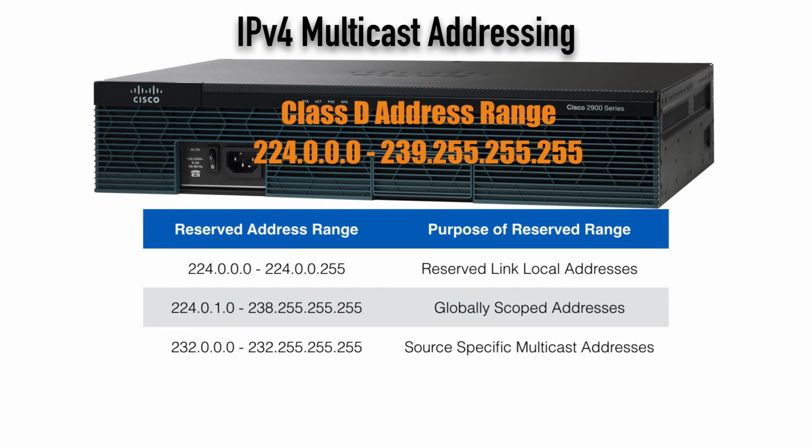We next have the source-specific multicast addresses. These Class D addresses have a 232 in the first octet. Now, what is source-specific multicasting? Well, later in this video, we're going to see that a client that wants to belong to a multicast group can send up a message. We're going to learn that it's the IGMP message that it sends up saying, hey, I want to join this multicast group. And with a specific version of IGMP, IGMP version 3, that device is able to say, not only